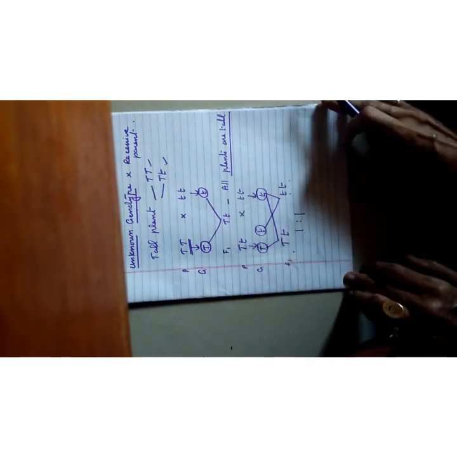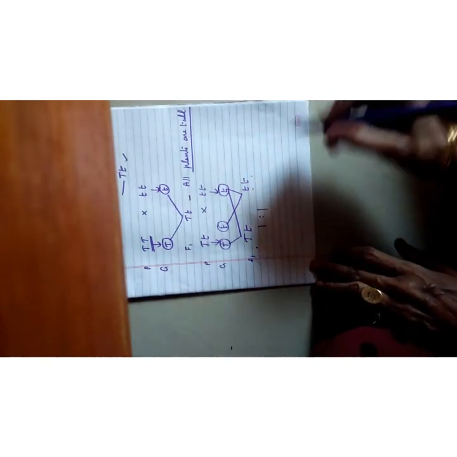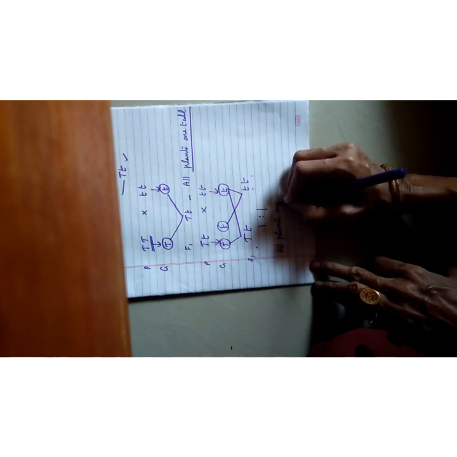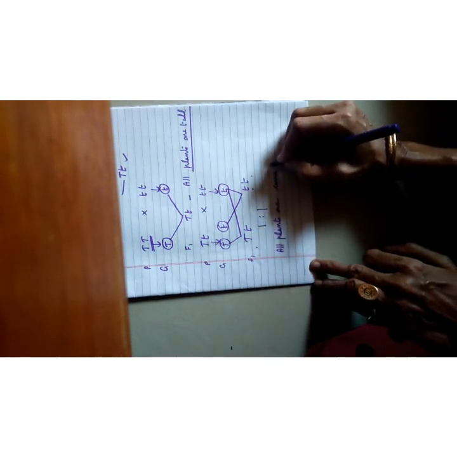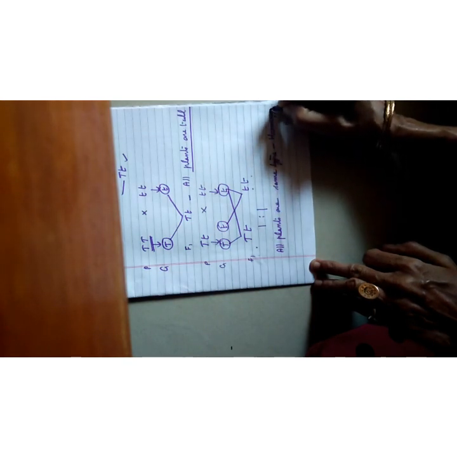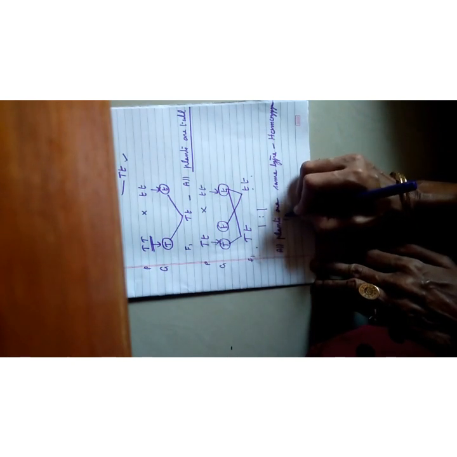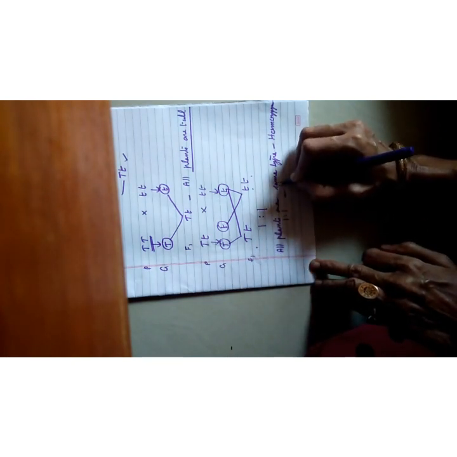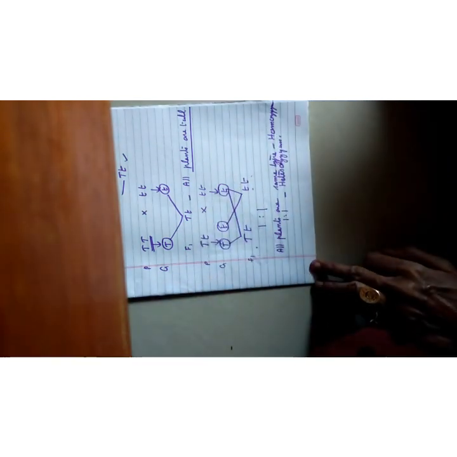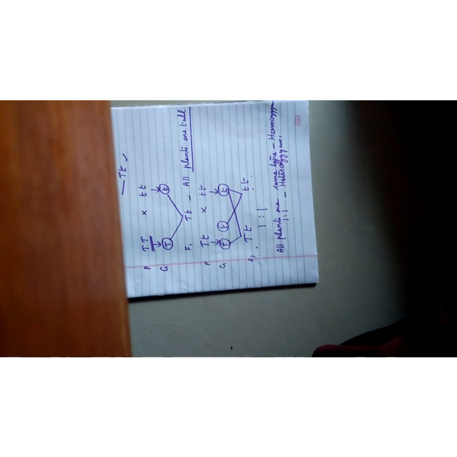So after a test cross, if all plants are of same type, that is all plants are tall, it is a homozygous. But after test cross, when I get 1:1 ratio, the unknown plant is heterozygous. That is the significance of test cross. To find out the unknown genotype, here the word genotype represents, we want to know whether homozygous or heterozygous.